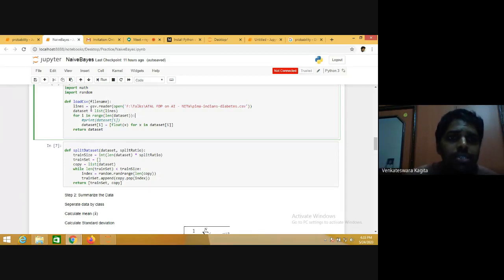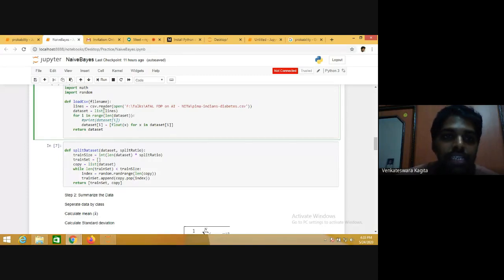Okay. So the CSV reader opens the file specified in the main, and then dataset equals a list of lines. It lists all the lines in the dataset. Then for each of these, it is converting into float values, because the data may be in string format.